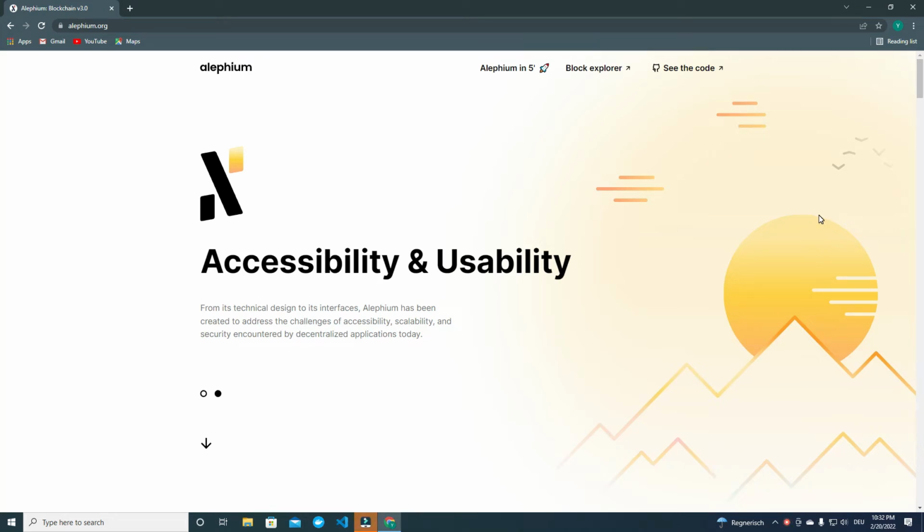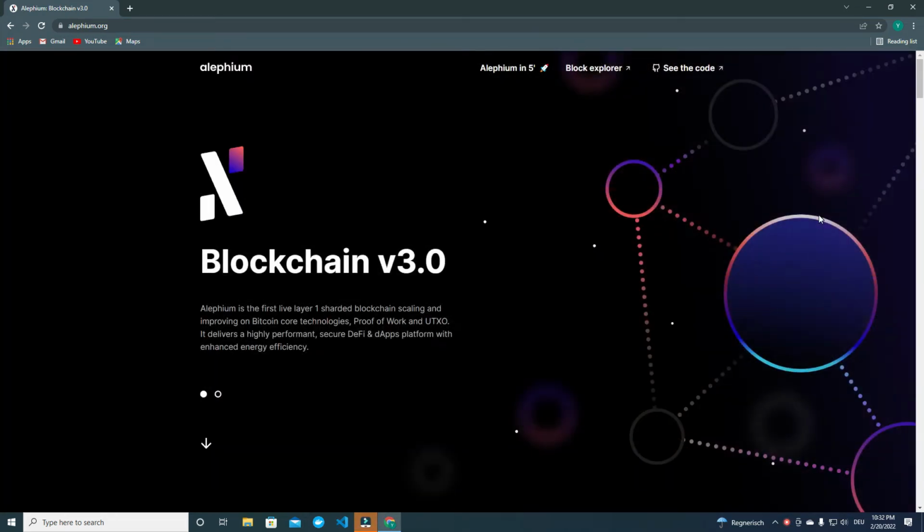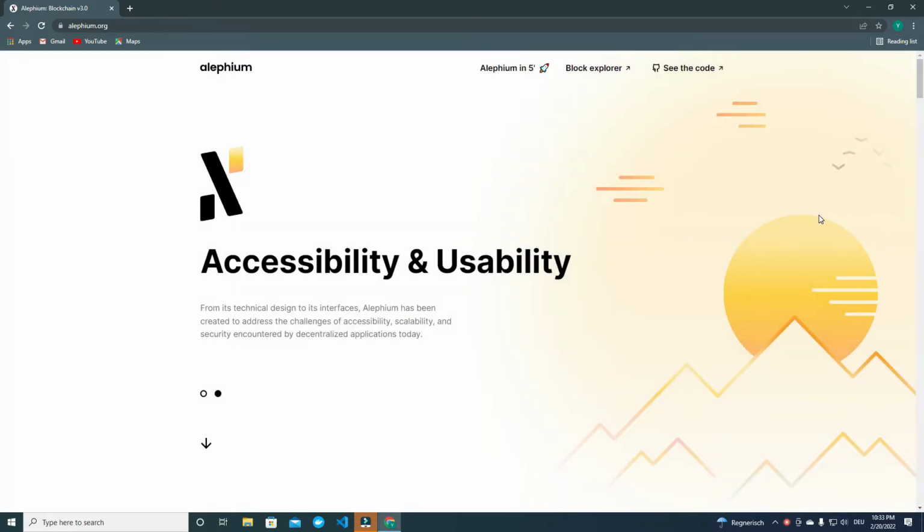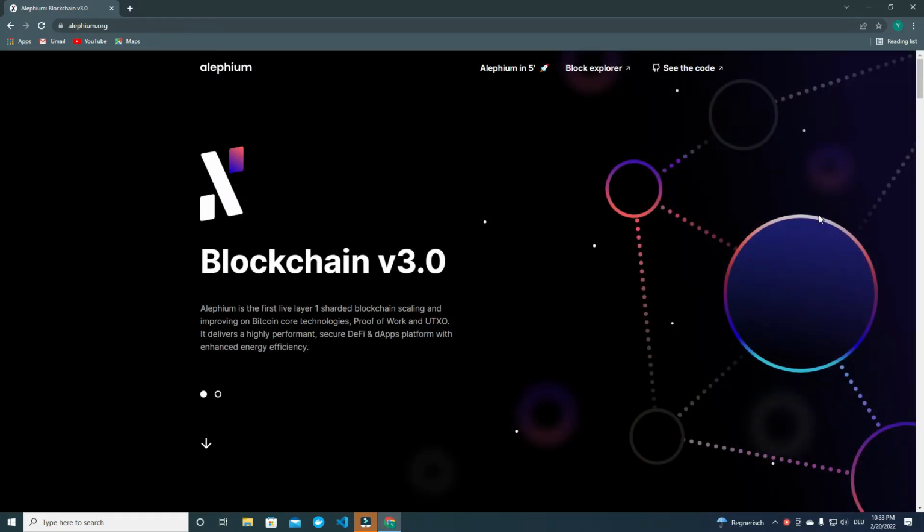My name is Lucas and today I'm going to be talking to you about Alephium, most specifically an Alephium node dockerized on a Raspberry Pi 4 with 2 gigabytes. So if you're interested in how it looks, or you're thinking about building your own dockerized node on a Raspberry Pi and you don't know how to start, or if it's worth it, or what to expect from it,